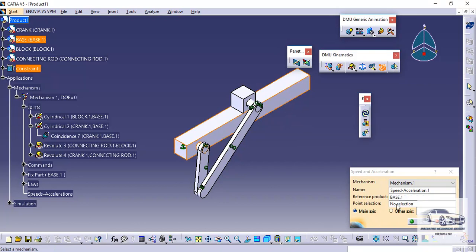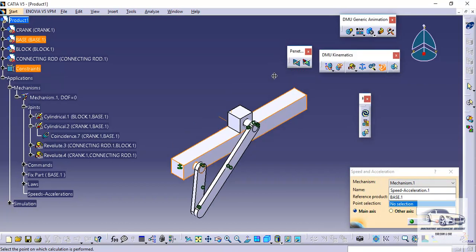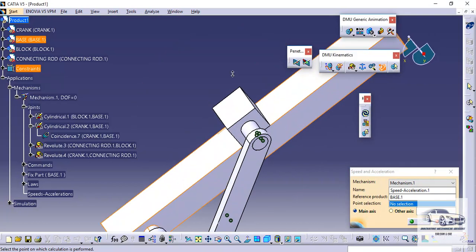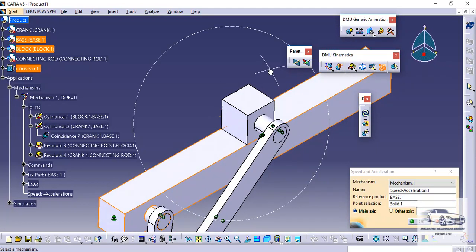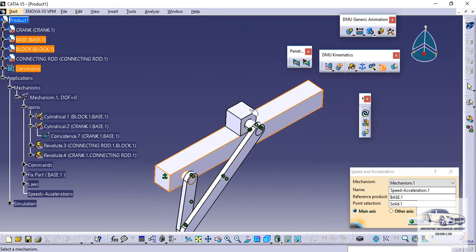Now in order to plot the graph we have to select a point lying on the block. So let us say we select this point, so the software will be plotting the motion of this particular point on this particular part. Always remember that the default running time of animation is 1 second here.